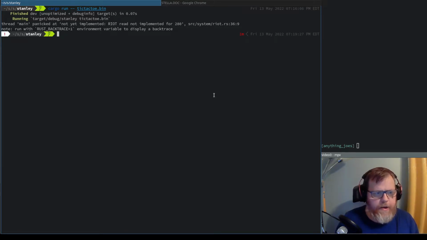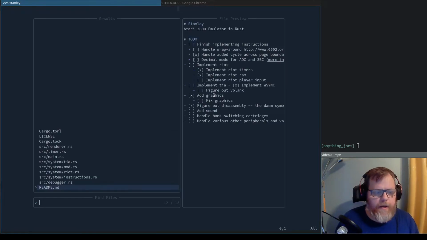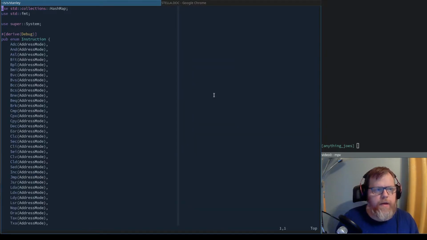So last time I got into some pretty tedious implementing of instructions. I had all these individual methods for every combination of instruction and address mode. And you can see that I've condensed this into a single instruction enum that takes its own